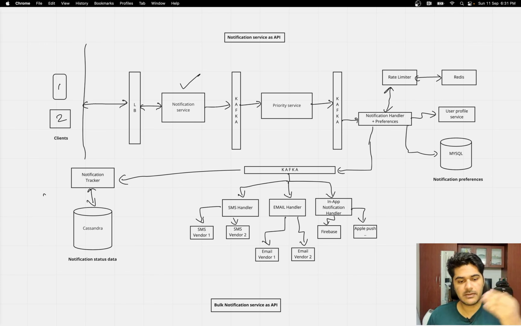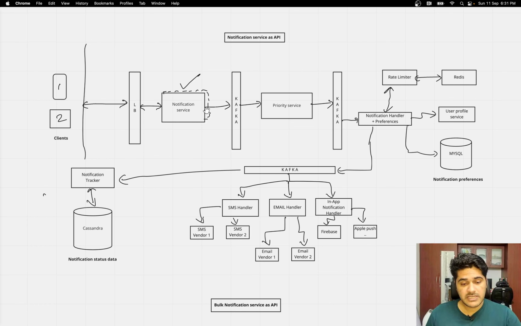So you can scale up and scale down almost everything here individually, and I will talk about the services where we cannot do that. So treat it as there are multiple notification services, and the load balancer is managing whom to send requests to and which one is serving a particular request.